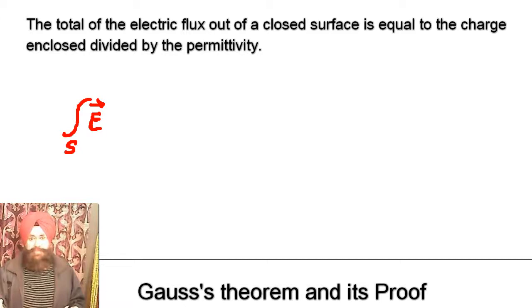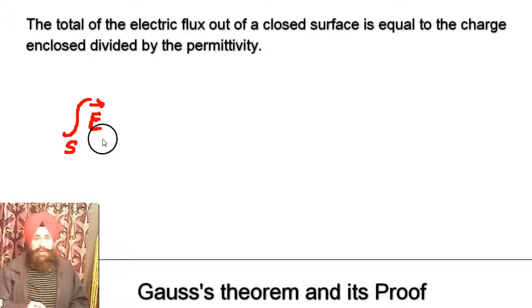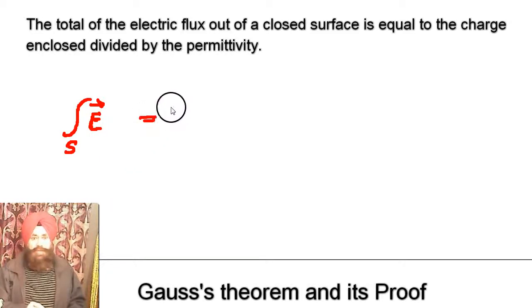produced by any source. Any source means that the source is a charge Q. Okay, because of this Q charge there is an electric field. So the surface integral of the electrostatic field E produced by any source, meaning Q,